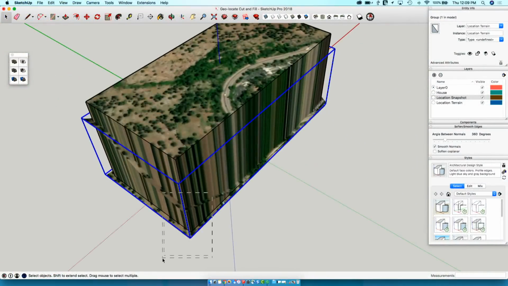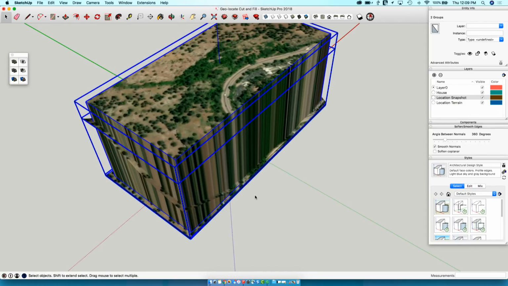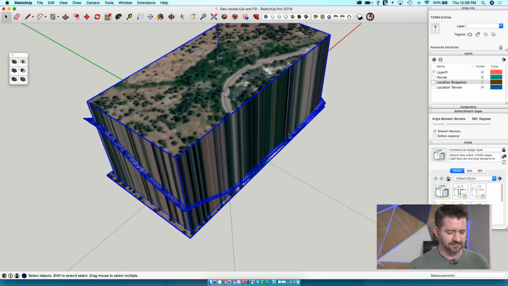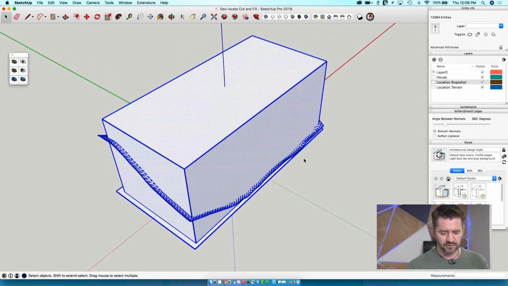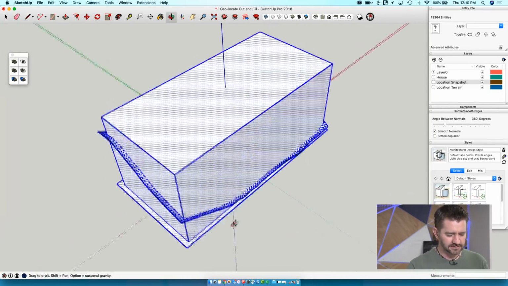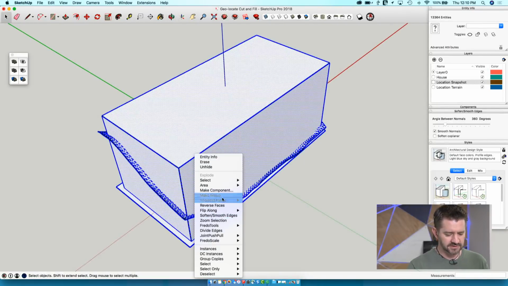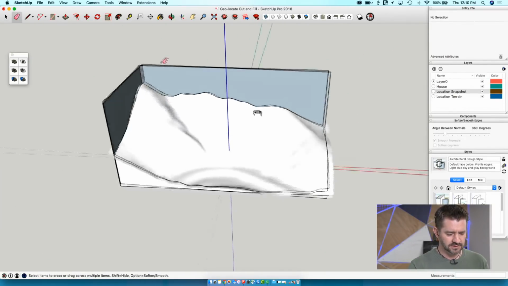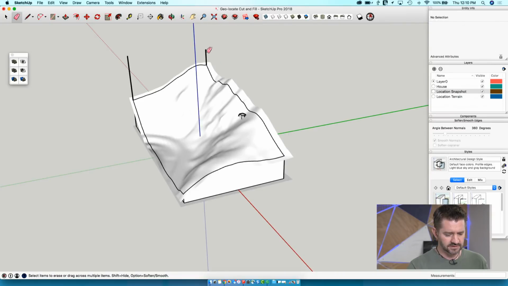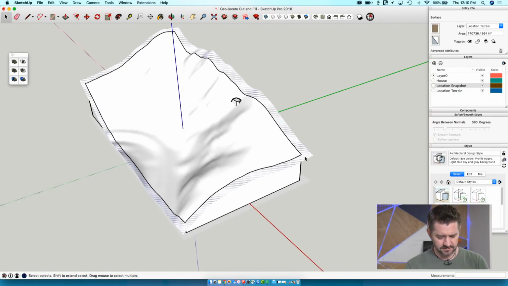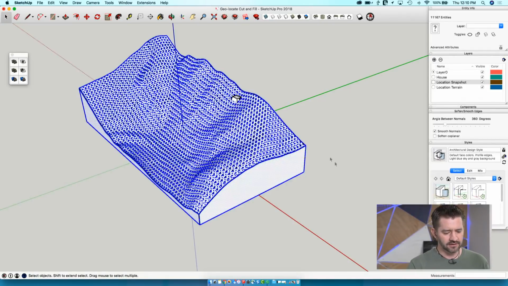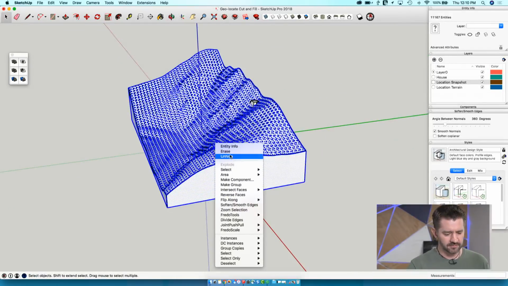What I'm going to do now is select both of them and explode them. So now I have a bunch of geometry lapping over itself. I'm going to take a note from Josh, and simplify what we're looking at by just turning off the materials right there. So now I have all this geometry intersecting. I'm going to right click and say intersect faces with selection. What that's going to do, as I come around here, get rid of these extra lines, and I can select this piece right here, delete it, select this piece right here, and what I've created there is a solid of my terrain. So I'm going to right click and make that into a group,